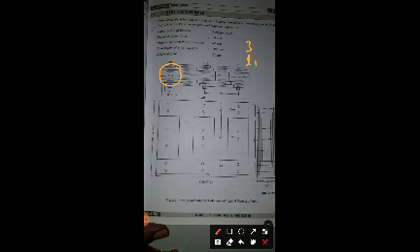So we are going to find L1, L2 and L3. L1 is 0.9D, this is 0.7D, this is 0.42D. So you know the D, substitute in this, and you are going to get L1, L2, L3. This is the first phase, first limb. Similarly, with the same dimensions, draw the second limb and third limb.